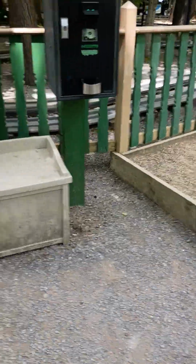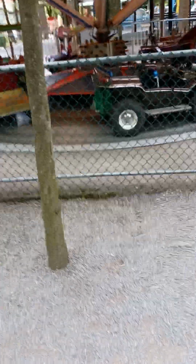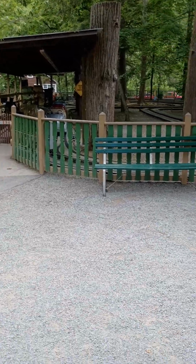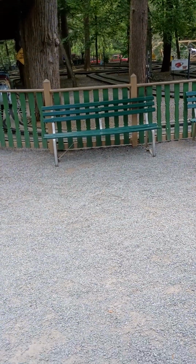They do have an area where you can get change. Ticket booth. They have a lot of kiddie rides. Here's a Hampton, right there, what I was talking to the guy about. But it's a little bit different than the one at the carnival. You have a doodle bug or a going buggy. And over here you have the Panther cars, which I was on many times when I was little. Then you have Old Smoky over there, which